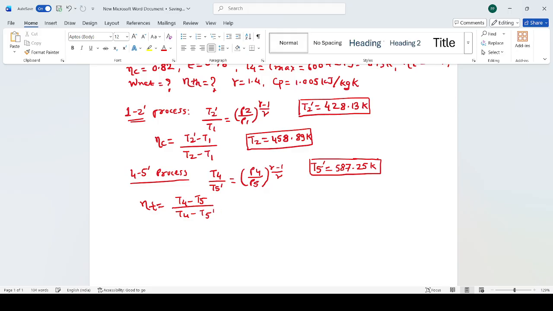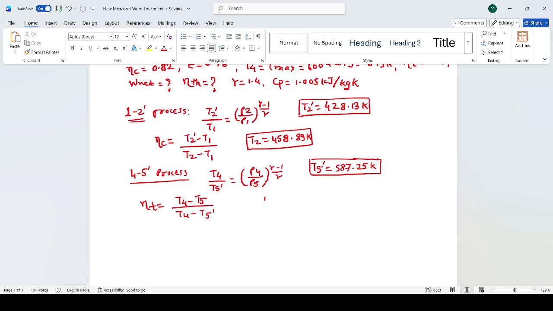So the turbine efficiency is 70%, the temperature T4 is 873 Kelvin, T max, and